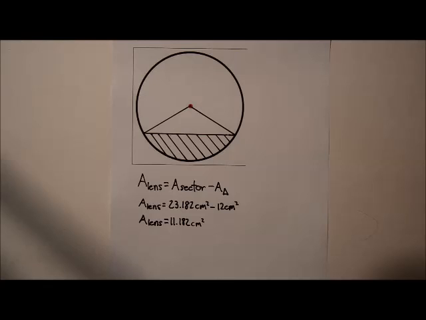The area of the sector in the example is 23.182 centimeters squared. This was found in step 3. The area of the triangle is 12 centimeters squared, which is found in step 4. So, if you plug the given information into the equation, the area of the lens for the example is 11.182